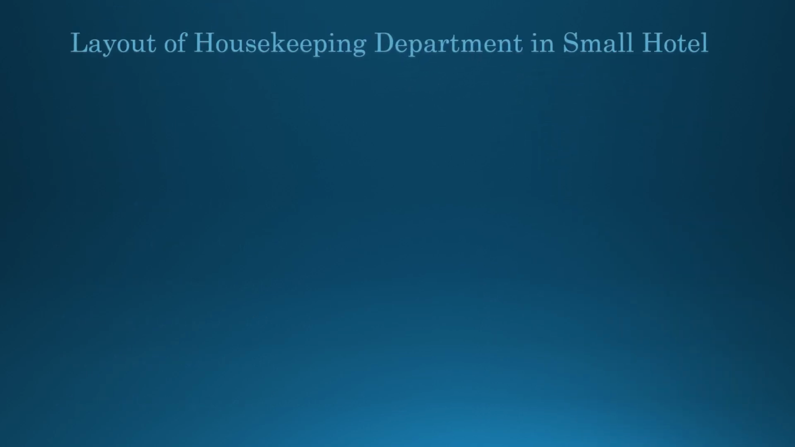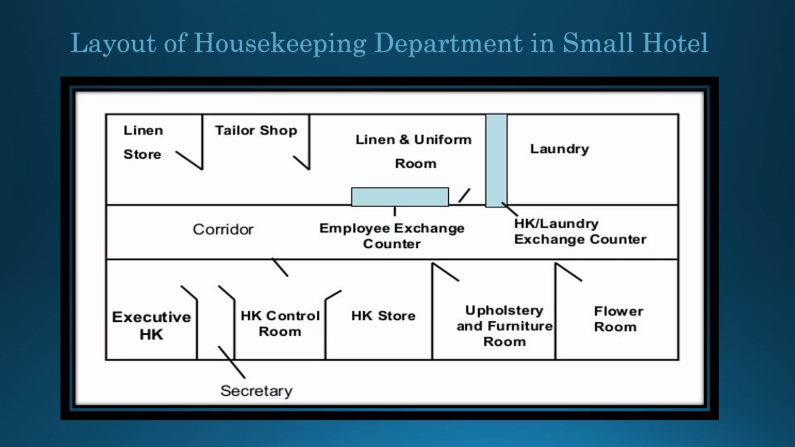Like I said, the layout of the department depends on the size of the hotel. So this is the layout of a small hotel. You can see in this layout, the layout is really very small. Executive housekeeper cabin, the secretary cabin, HK control room, HK storeroom, that is housekeeping store, upholstery and furniture room where you can store the upholstery and extra furniture, flower arrangement room, a corridor which is given in between these two sections,